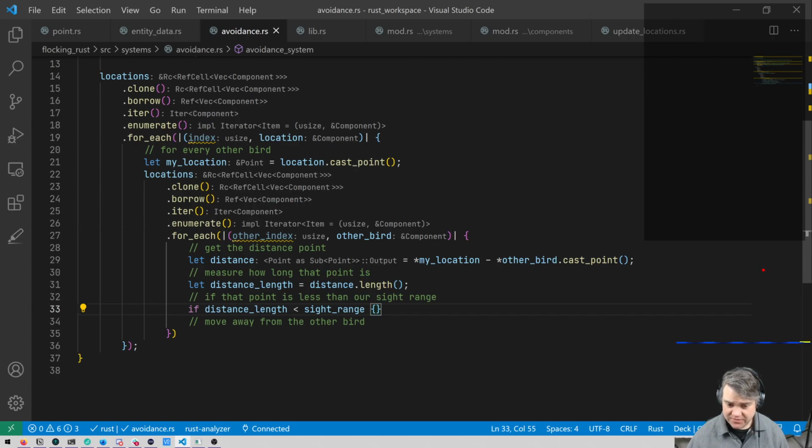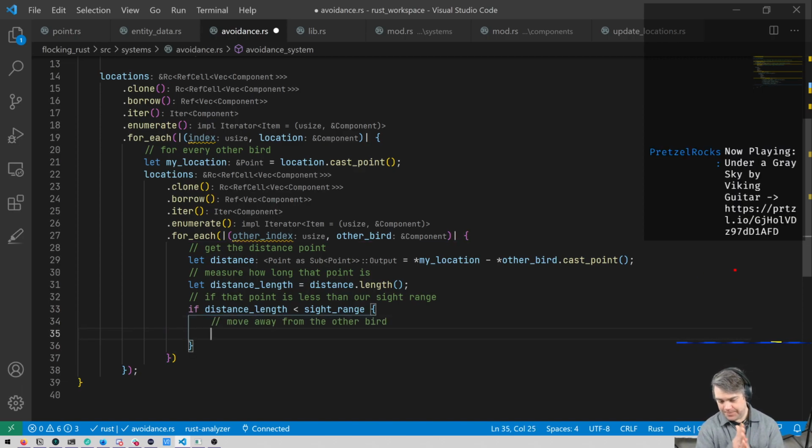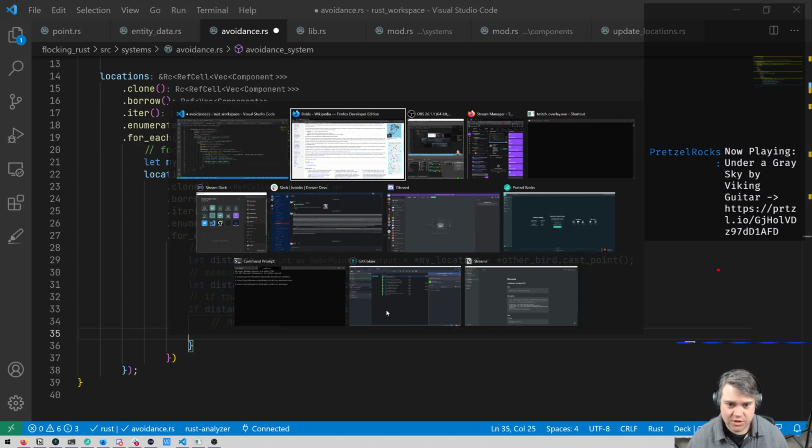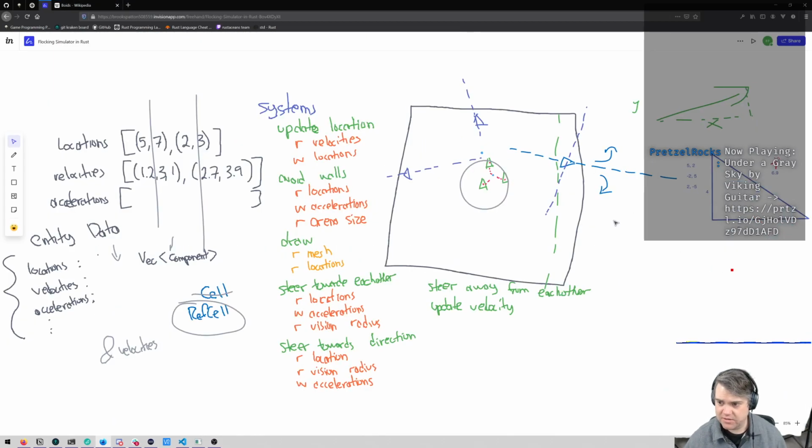But okay, if it's within our sight range, we want to now move away from the other bird. So what does that mean? I want to take this other bird's location, and I want to create a force that's exactly the opposite. Moving away from that, and I think, let's see, how do I get the exact opposite? So if we come back to here,